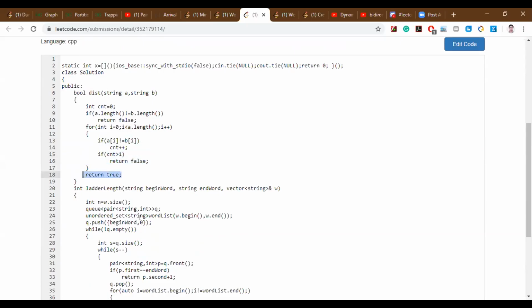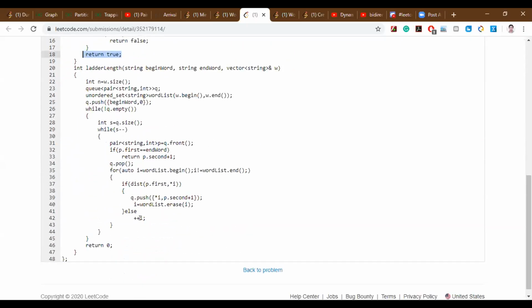Yeah, but then what we should do is actually create an adjacency list for this particular problem. So when you have a word like hit, you should only have an adjacency list for that particular word containing words which are only one letter away. So you don't have to look for a distance like this. That is what Praveen is also saying.